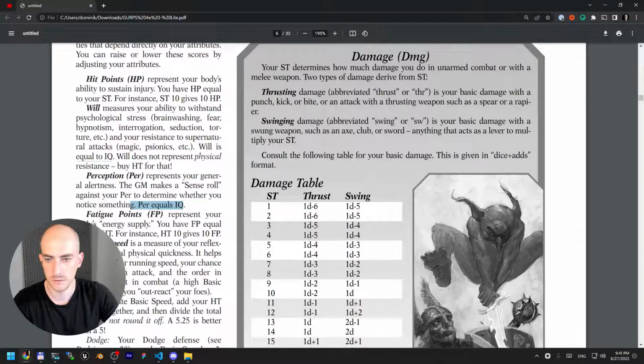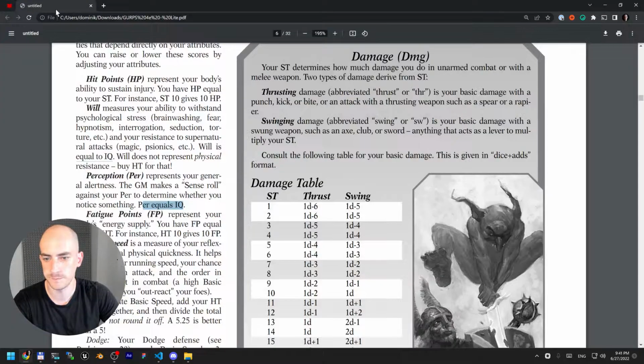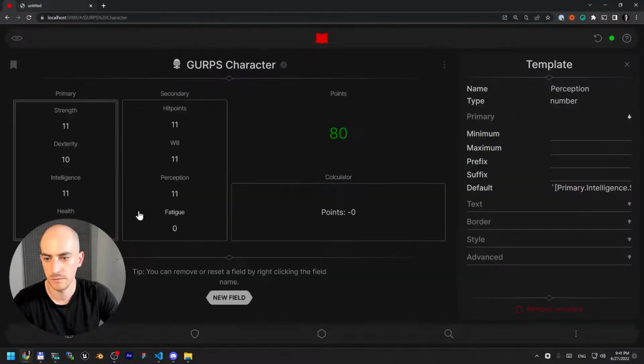Okay, that's also equal to intelligence. So just copy this, go into perception, into default, and this is 11 too. And fatigue points, you have fatigue points equal to your health. Okay, so let's go into this and change to health. Okay, so if we change this,